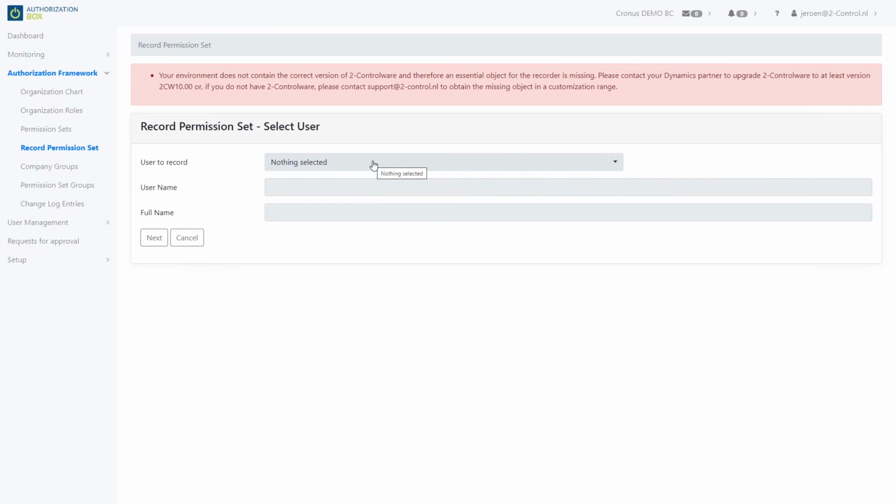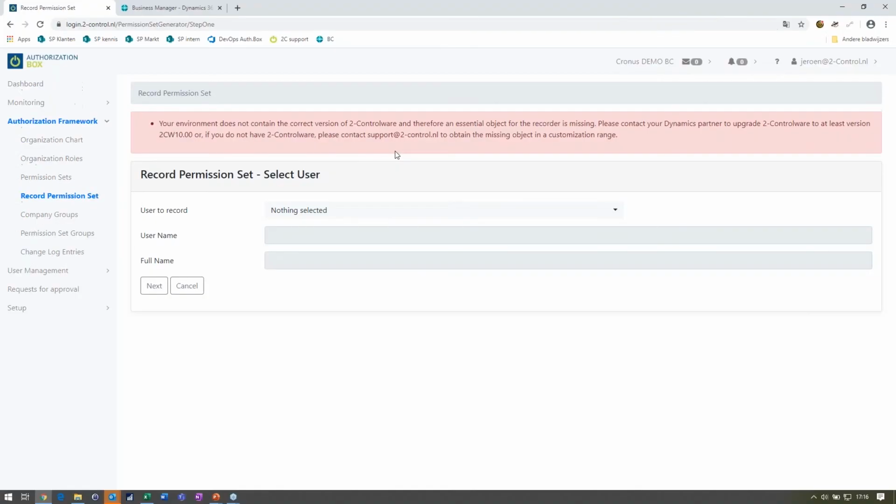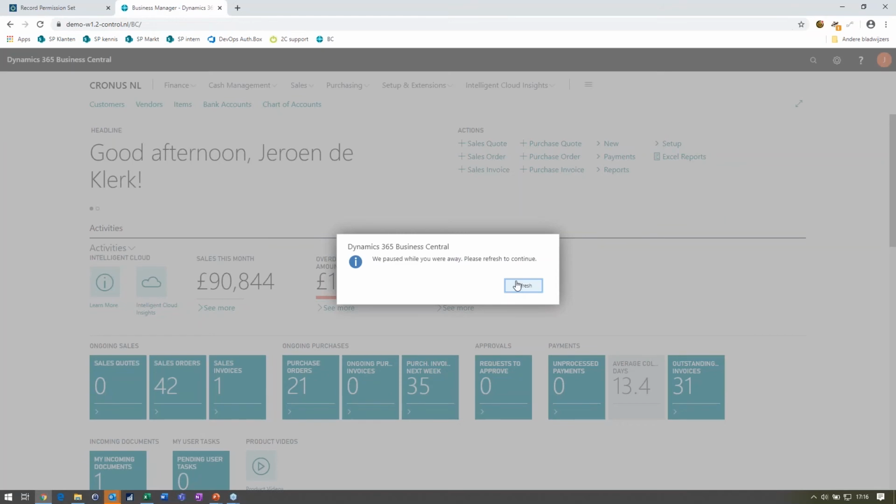And it will also do some cleanup before it saves the permission set, making sure that we have only the permissions that are strictly necessary within the tasks we're recording. So it's an easier way to record permissions by the enhanced permission recorder. Okay, that's what we have in the authorization box for the design. I'm now switching to my Business Central environment